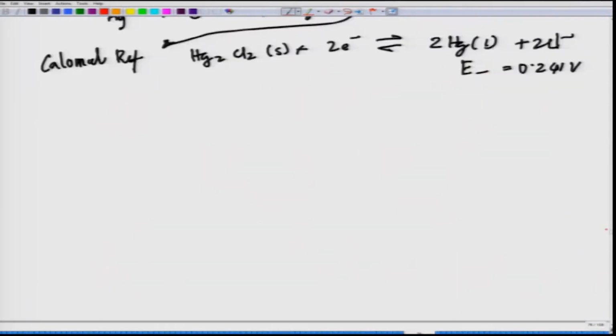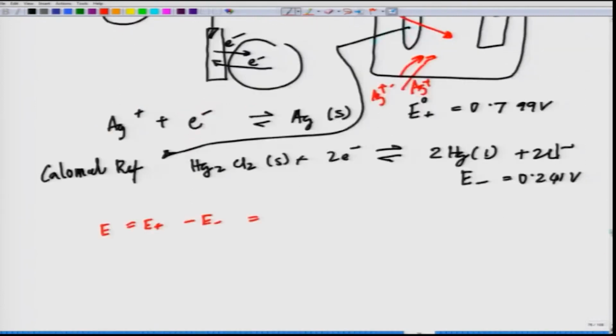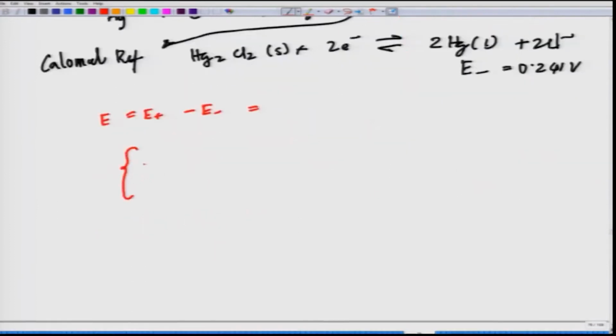So, now if you look at it, the way the equation will pan out will be E is equal to E plus minus minus equals to, we have already talked about the values, right, 0.799. Okay. Now, let me plug in the values, it will look like something like this: 0.799 minus 0.0596 log 1 upon Ag plus, which is your analyte you are trying to look forward to. What you have to find out,